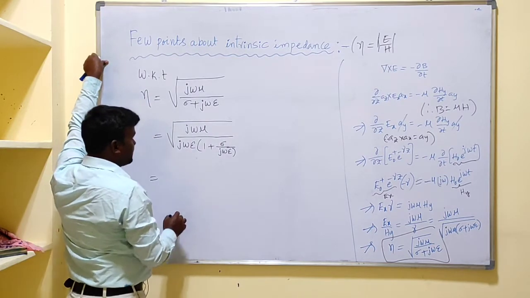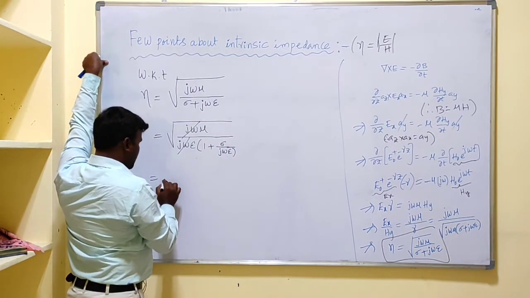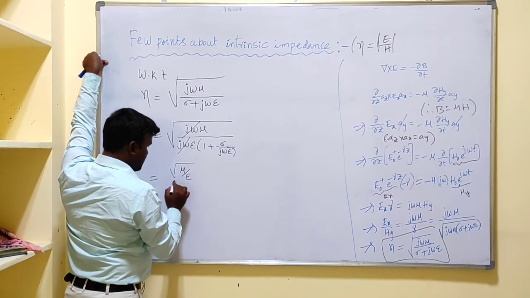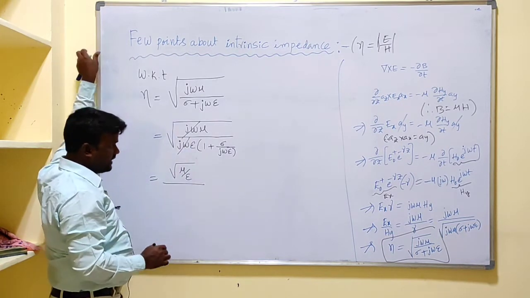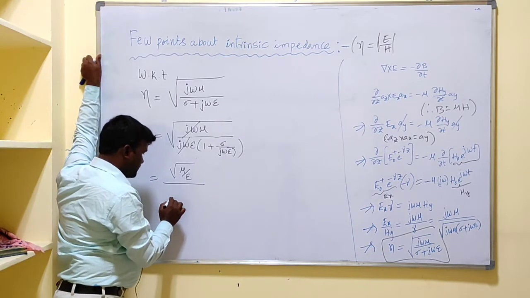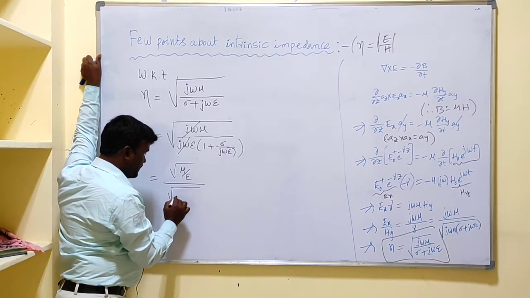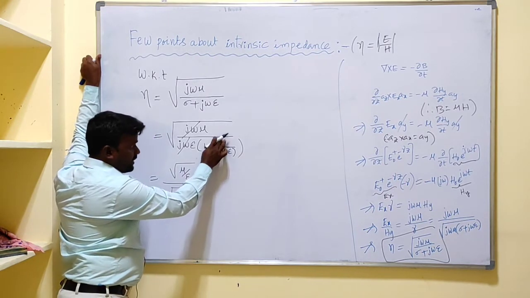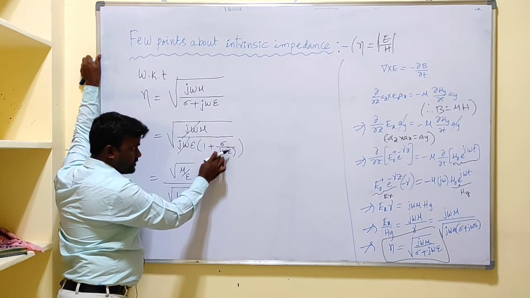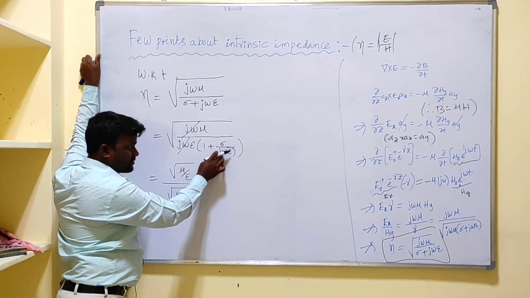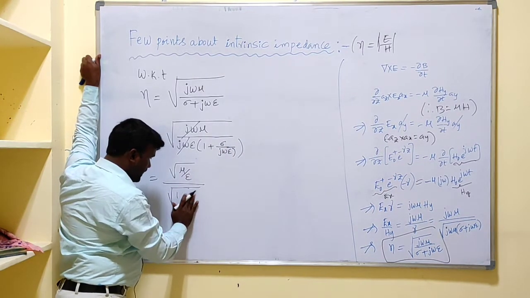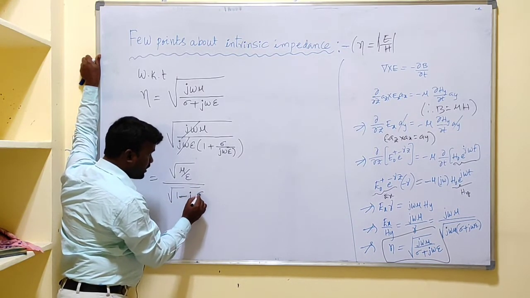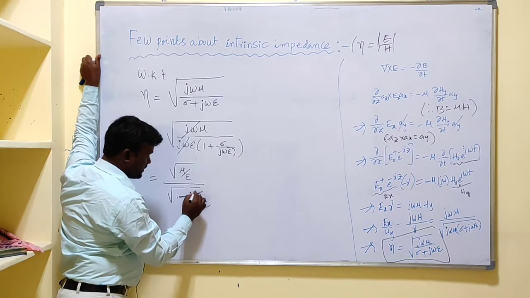Then this can be written, that is, j omega cancels out. We can write this as root mu by epsilon in the numerator, and for the denominator we can write root of 1 minus j. Multiply and divide with j here, that is, j into sigma, and j square means minus 1. So that is why minus j into sigma by omega epsilon.